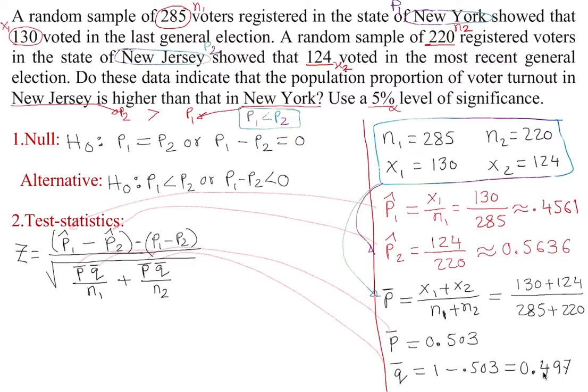So we're going to substitute everything here. The sample proportion difference is going to be 0.4561 minus 0.5636 over the square root of